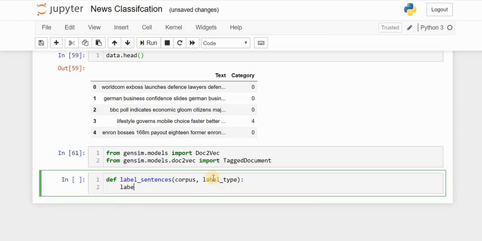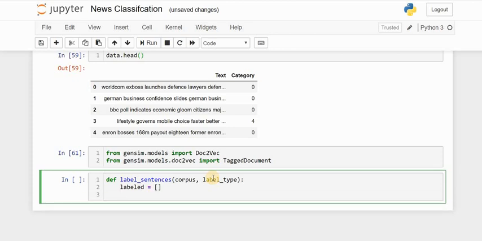The label type is whether it is train or test. There can be n number of articles for training and n number of articles for testing, but which one is train and which one is test, the label type will show us.